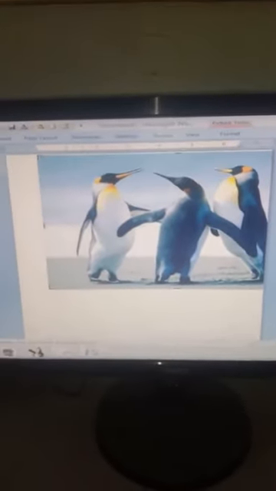Now reduce the size of the images. Suppose drag it toward the inward side like this.